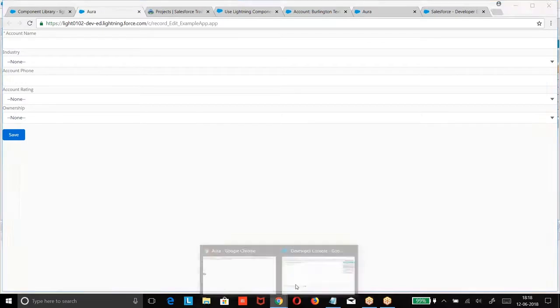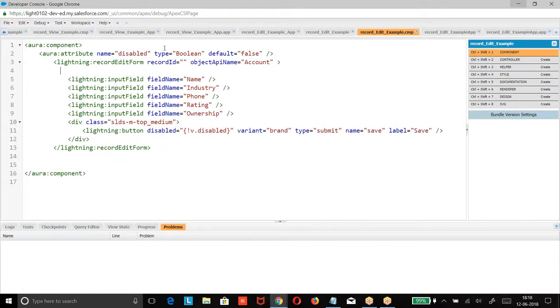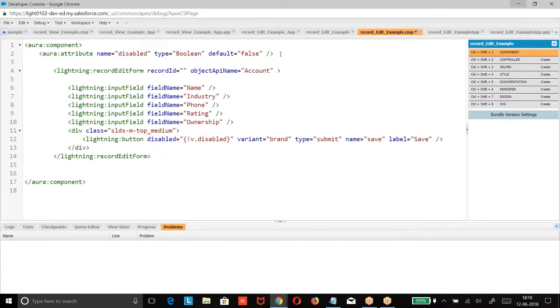Now, your yesterday's example, from here we need to extend. So what do we need to do here? Record data. We need to take record data, input field, v dot new record dot name, v dot new record dot industry. So whatever the new record is referring to, we have taken yesterday's example.